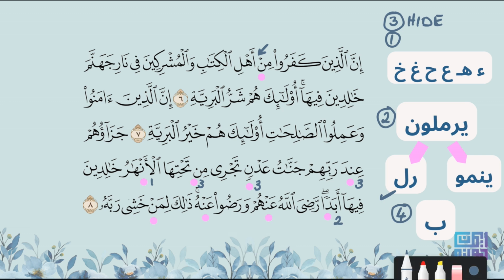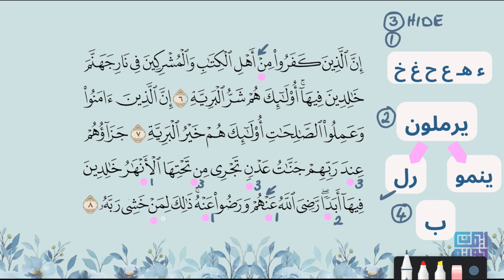What about anhum? The minute you see this sukoon sign, you know that this is izhar. It belongs to the first rule. So I'm going to pronounce the noon. Anhum. And why is this? Because of the ha. The ha is one of the throat letters coming after the noon sukoon. Okay? So I'm pronouncing the noon properly. And the same thing here. Anhu. Same thing. So this belongs to the izhar, and this also belongs to the izhar.